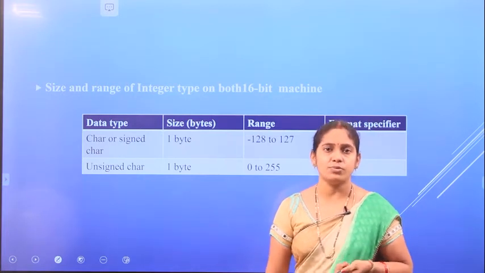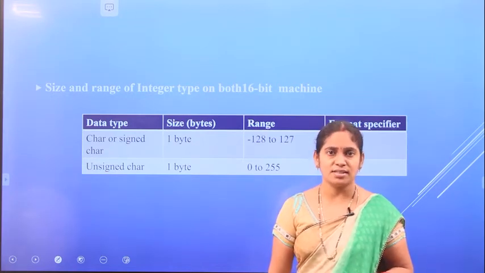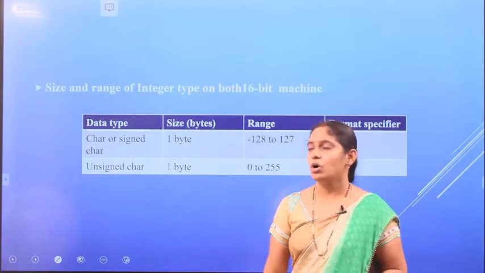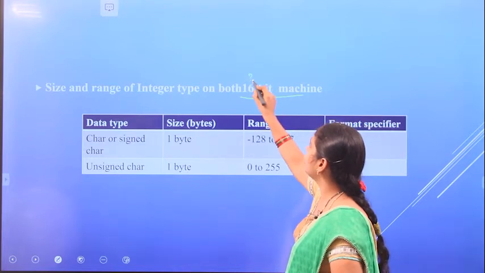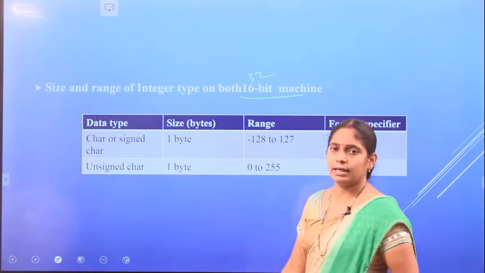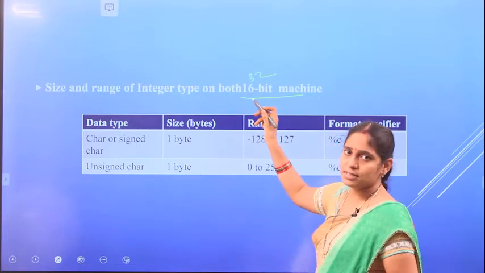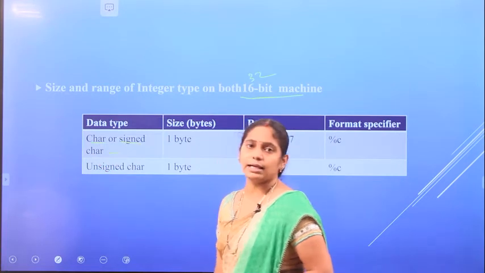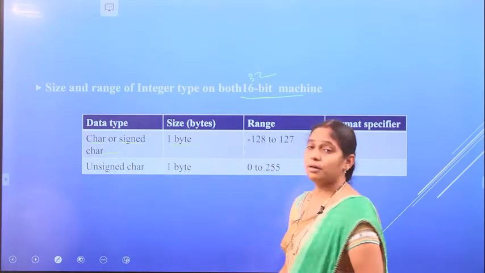We have different types of processors, compilers: 16-bit processor, 32-bit processor, 64-bit processor likewise. These are the sizes of 16-bit as well as 32-bit. The size of the character data type is the same in 16-bit as well as 32-bit. The size of signed character is 1 byte.